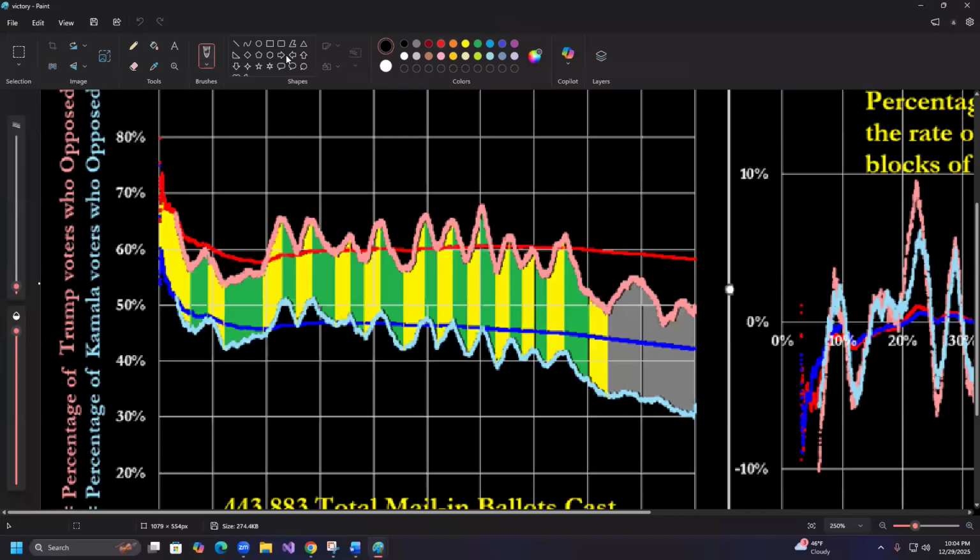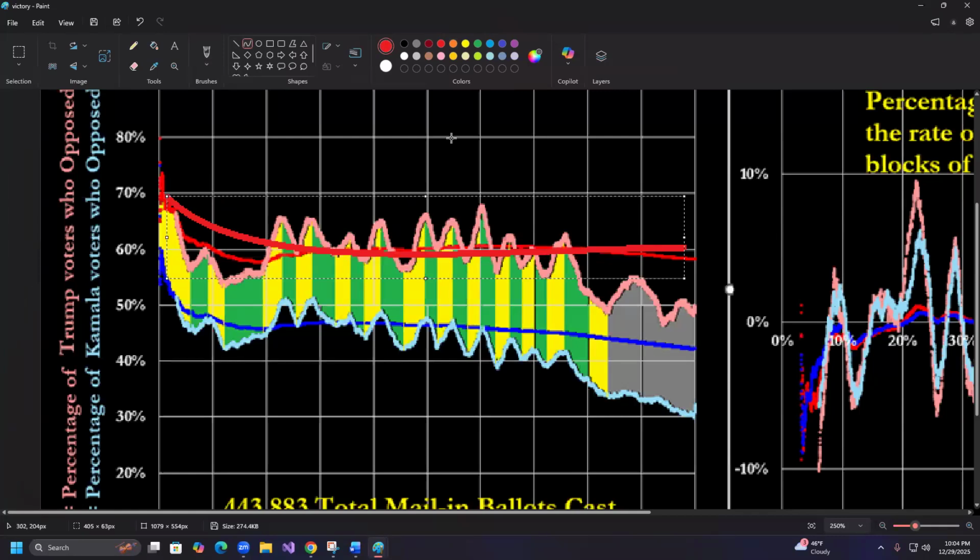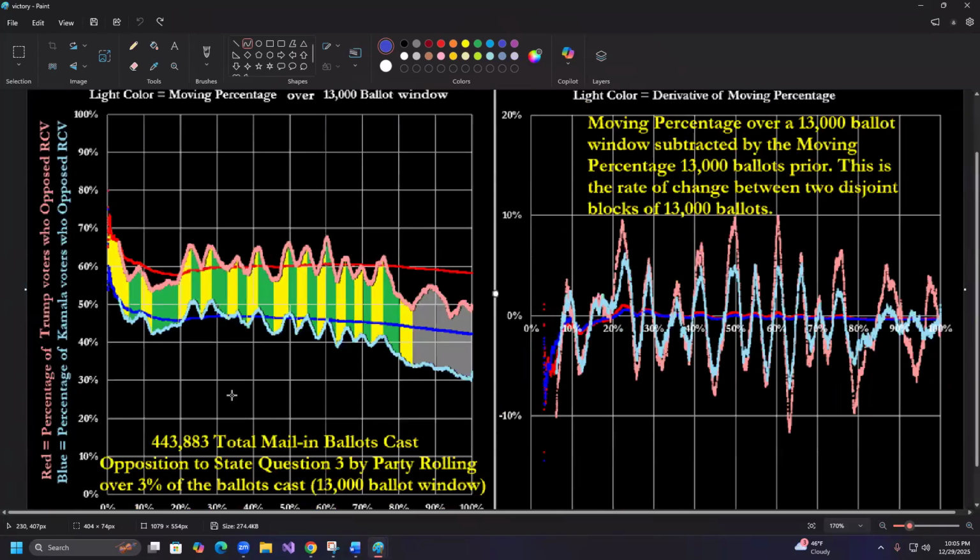The dark red is the cumulative percentage of how Trump voters voted on this proposition, and the dark blue line is the cumulative percentage of how Kamala voters voted on this proposition. We don't care about those cumulative lines. We care about the light red and the light blue lines, which show how Trump and Kamala voters voted on this proposition in every consecutive batch of 13,000 ballots over a grand total of